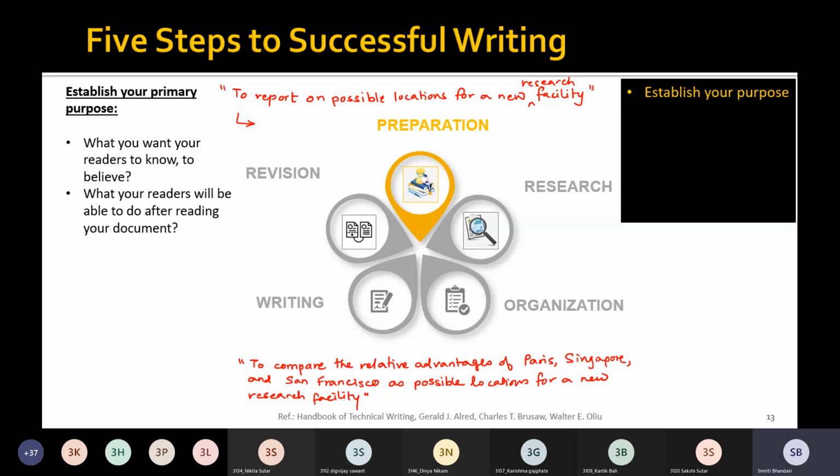So these are two statements for our primary purpose.